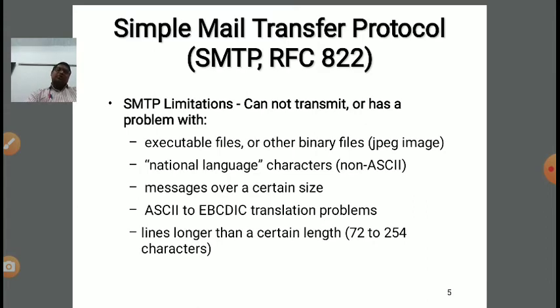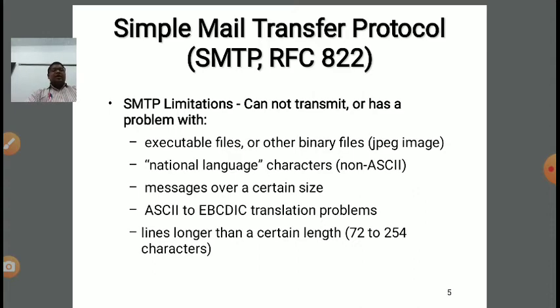Initially SMTP was used, and it is still used, but there are some limitations in SMTP. What are those? It cannot transmit executable files. We cannot attach an executable file with the help of SMTP, or other binary files like JPG image files.